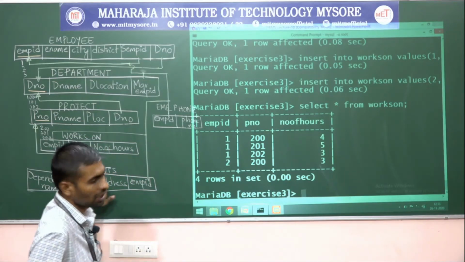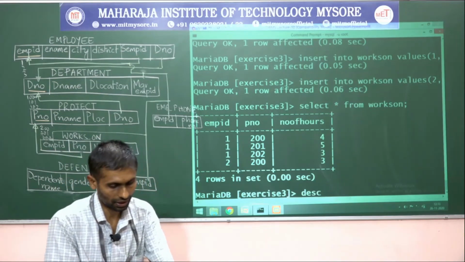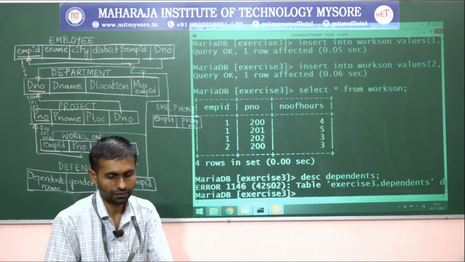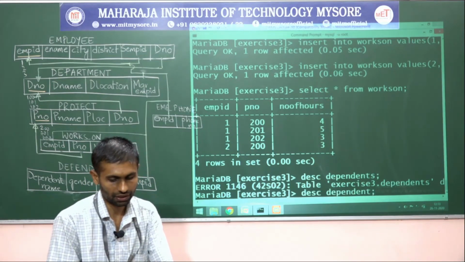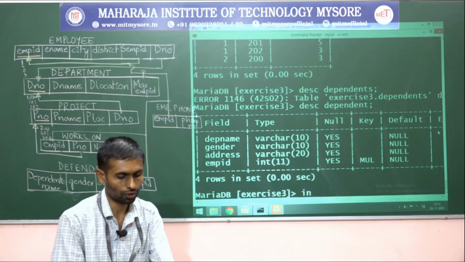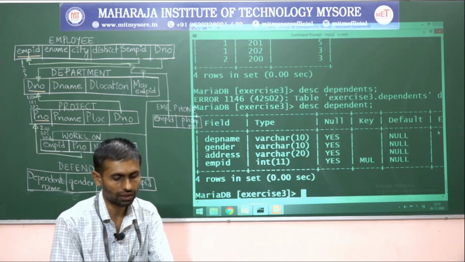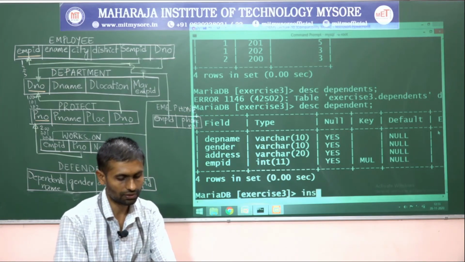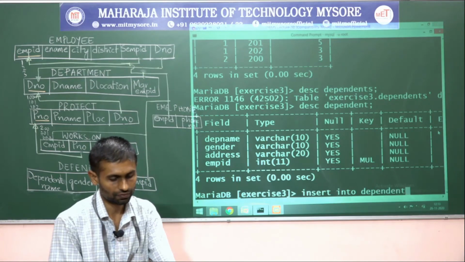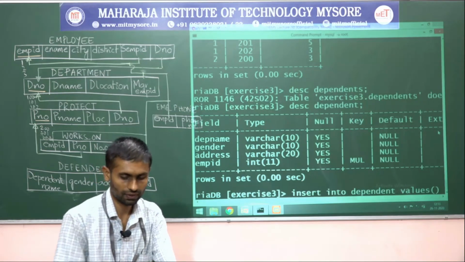Next, dependents, describe dependents. Dependent, I think we created, right? Yes. I will add a tuple into the dependent table. So insert into dependent values.